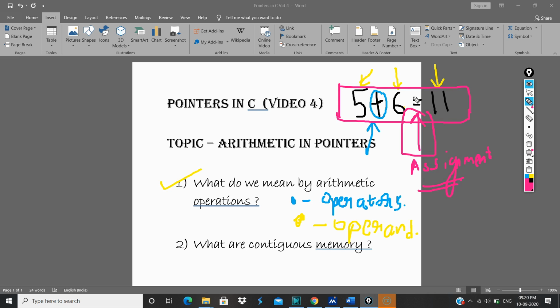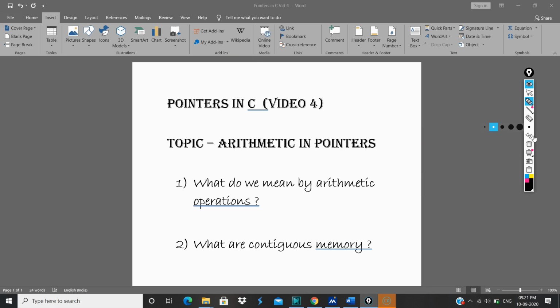So whatever the resultant value will be, suppose in this case, instead of these numbers, let's say b is equal to 11. So in this case 11 basically gets stored inside b. And how do we know that? Because of this equal to sign, which means it is an assignment statement. Fine. So let's proceed further. What kind of operators are basically available? So there are basically, whatever we have learned, we know.